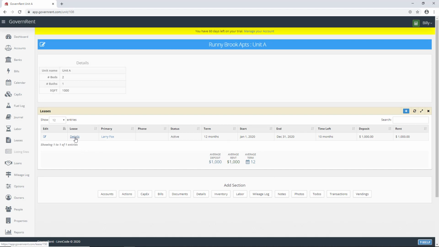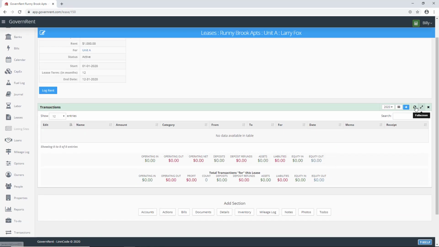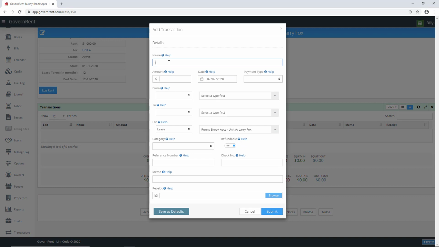We can click on details and this takes us to the page for that lease. So in the header you can see we have leases, Brook Apartments, unit A, Larry Fox. So here we want to add a transaction. So click on the transaction section and then we want to add a new transaction